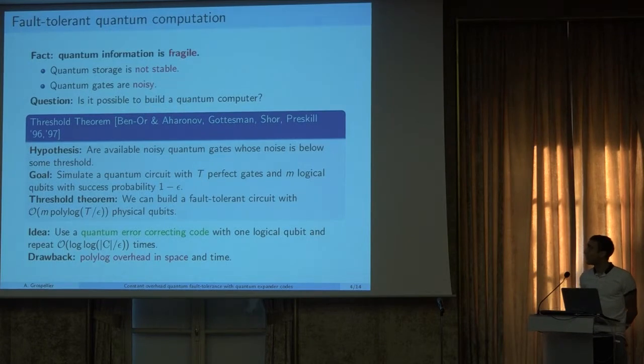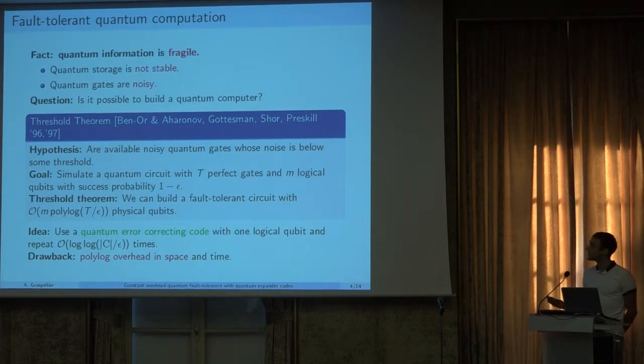So first, the context of this work is fault-tolerant quantum computation. It starts with the following fact. Quantum information is fragile because from an experimental point of view, we are not able to store or process the information without noise. So the natural question is whether it is possible to build a quantum computer. The answer is yes, and it was proved in 1997